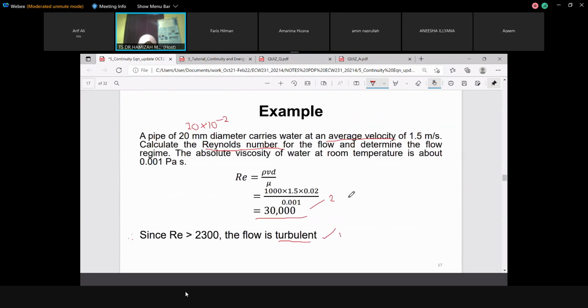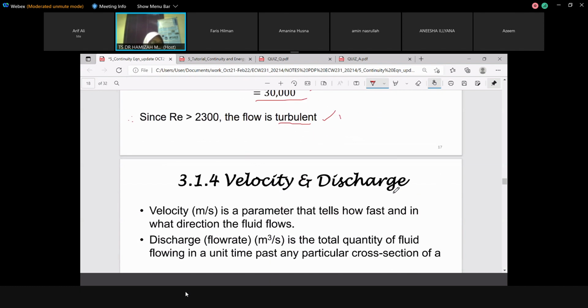Okay, so untuk Renault number ni ada soalan tak? Dengar ke suara saya ni? Dengar doktor. Okay, so kalau tak ada soalan, saya move kepada next point, which is next subtopic